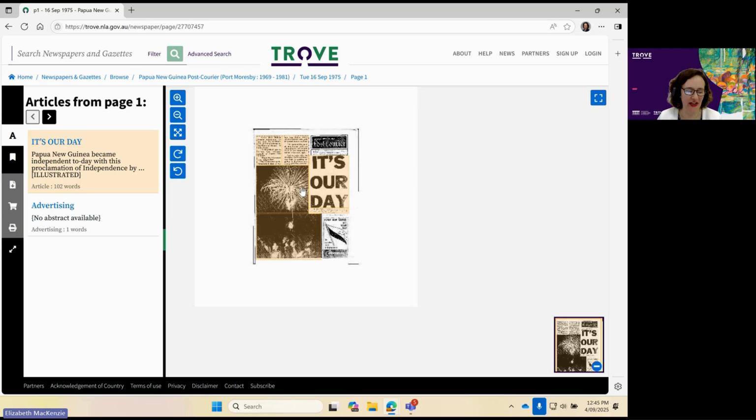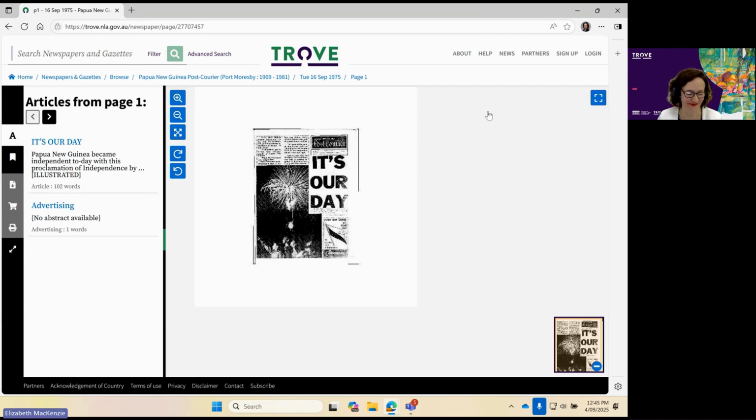I'm now going to demonstrate how you would search for an official source that Rebecca mentioned earlier, the House of Assembly debates that the National Library has also finished digitising to commemorate this anniversary of independence. Rebecca mentioned some of the fantastic things that are included in these documents, so firstly, let's find out how to locate them in Trove. In this case, we know the source exists and we know the title, so we have some clues about where and how to look.